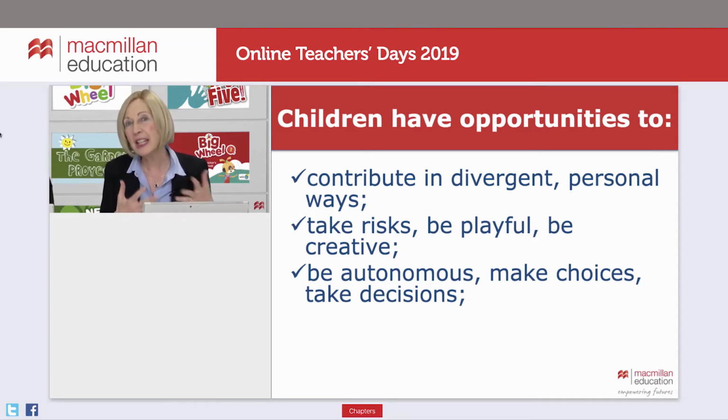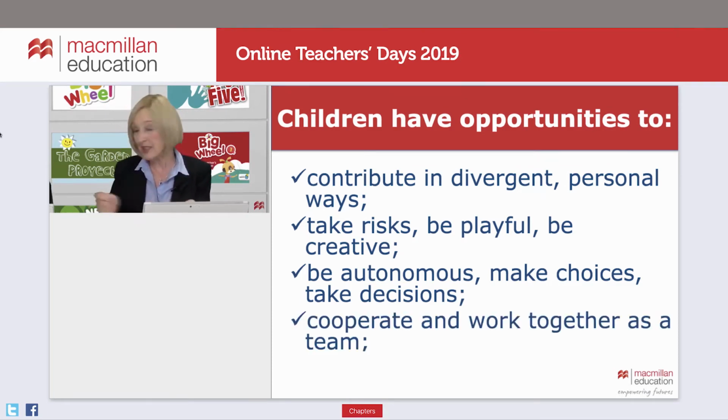Similarly, we want to give our children the opportunity to be autonomous, to be independent, to make choices, to take decisions, to begin to do these things themselves. And this can be in very small ways at first. It can be to do with getting their materials in an autonomous way. It can be to do with choosing how to colour or complete a sheet, maybe with paint or with crayons